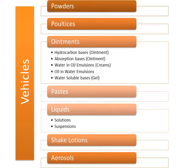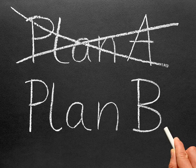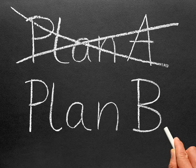Vehicles are divided into the following categories: powders, poultices, ointments, pastes, liquids, shake lotions, and aerosols. Initially, I was going to compare the efficacy of the active components mixed with different vehicles. However, unfortunately, I was not able to find a good article to make a presentation, so I decided to go